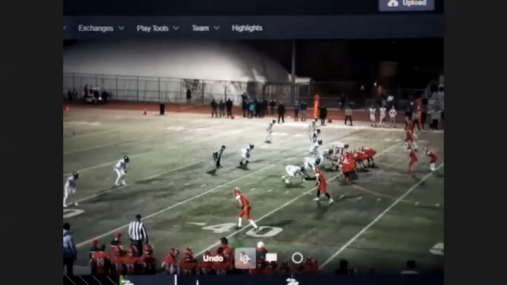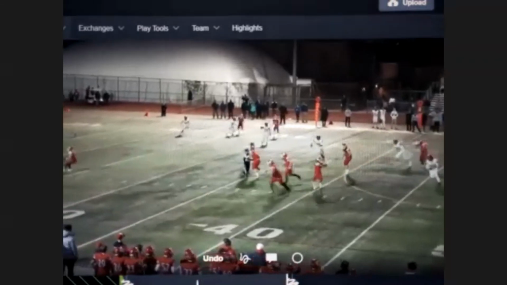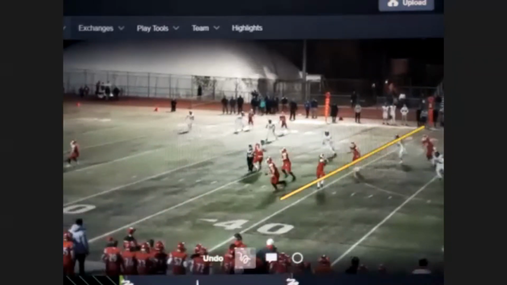I'm too old for this. Don't be using me as a pick. Just to lighten it up, right? We don't want to yell at the players. We don't want to scold them or anything like that, right? But we can talk with them and say, hey, please don't hit me, right? Those are some of the things that we can do to help ourselves understand what's going to happen within the